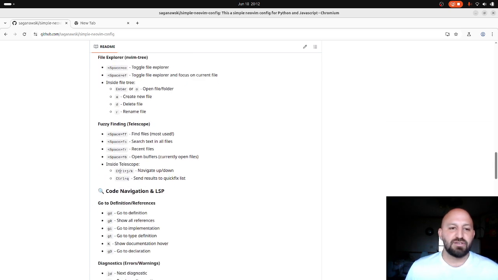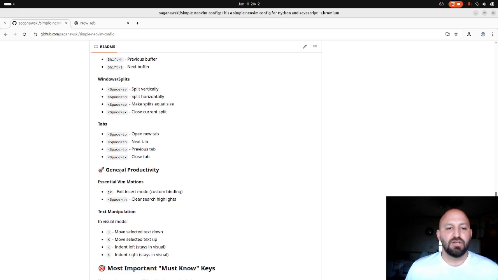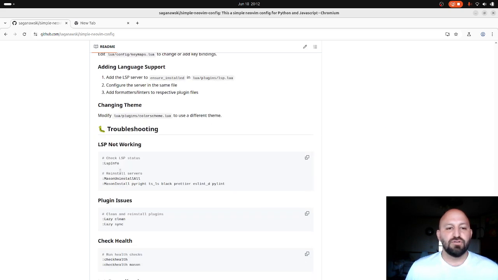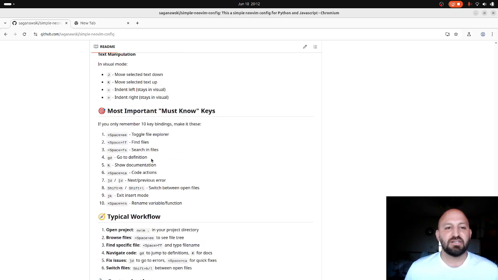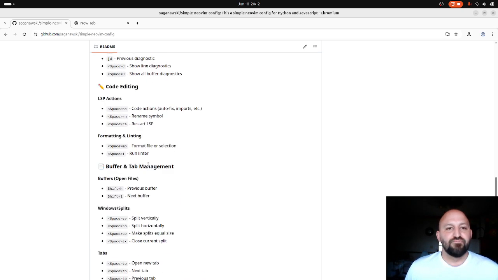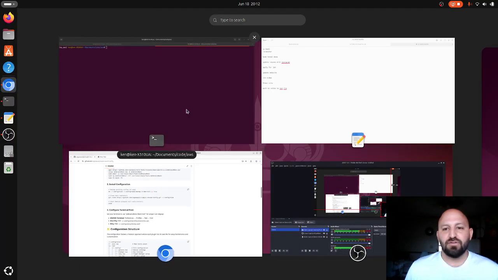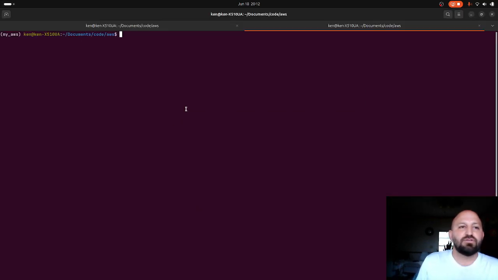And I added some basic key bindings of what you can do, because Vim is set up with the idea that you didn't have a mouse at the time, I think, when vi first started. But yeah, it's written in Lua, and I'll give you a little demonstration of some of the stuff you can do. So if I'm in, for example, this project,